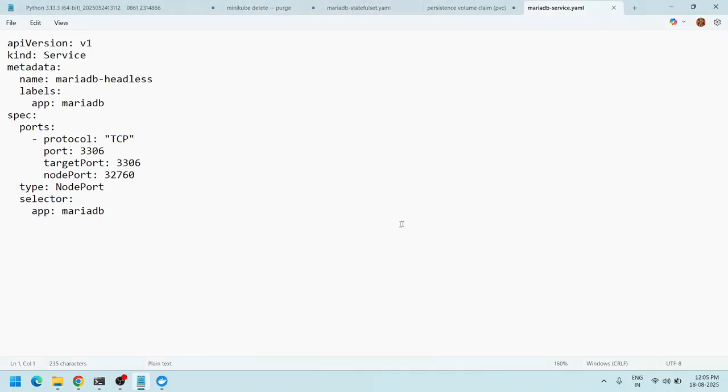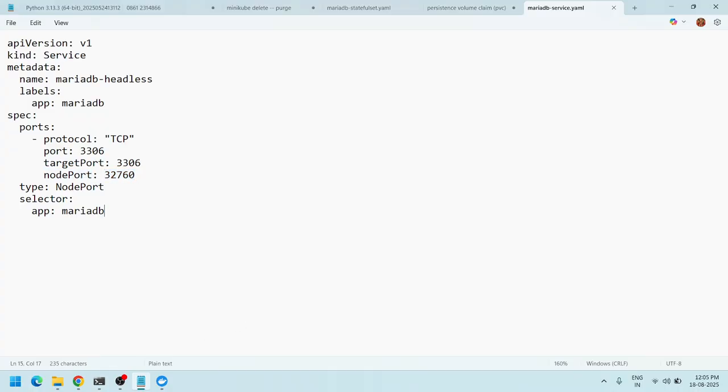And we'll need a service file. The service file is to include the port number, because the external port will be different, 30,000 to 35,000, I told you, right? So for that, I will map the default port to some node port. Default port 3306 is used for running your database, but the actual port allocated